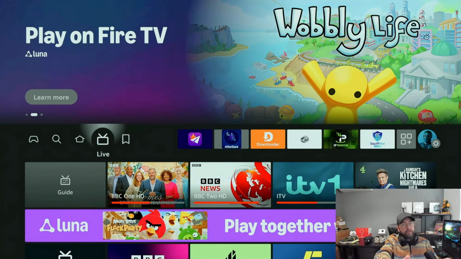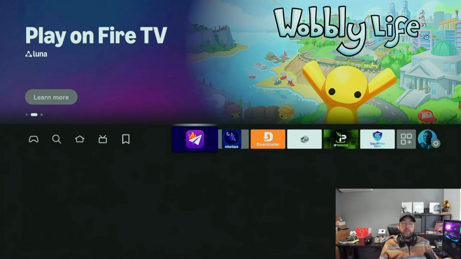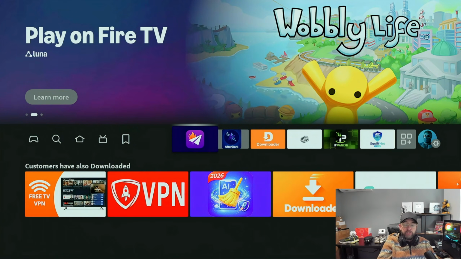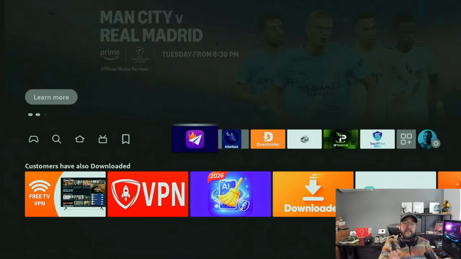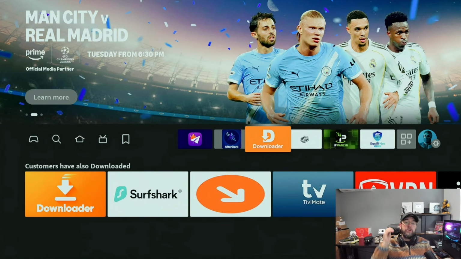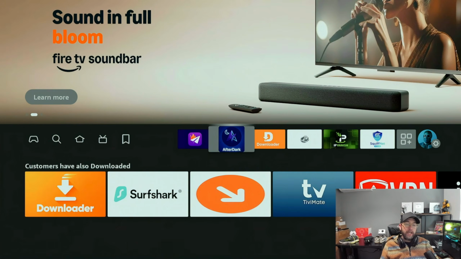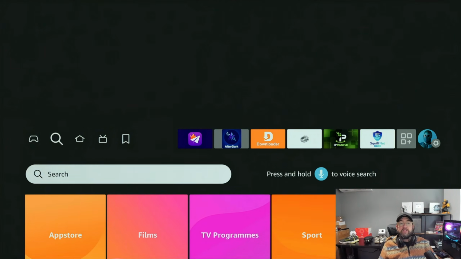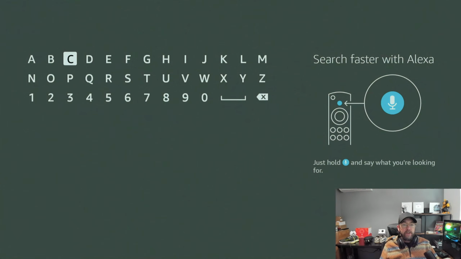Okay, so we're going to do this two ways. First way we're going to do it is with Firesend. Everyone's going to moan, oh, another Firesend video. No, this isn't another Firesend video. This is a video about app stores, and Firesend is the tool we're going to use to get those app stores. Then I'm going to show you how you can do it with Downloader as well, for those who prefer to use Downloader. Okay, so magnifying glass, you're going to search Firesend,